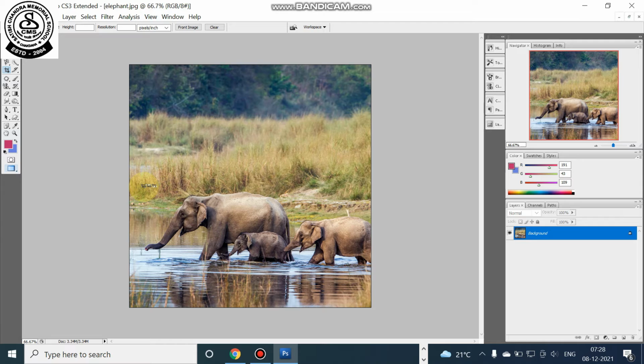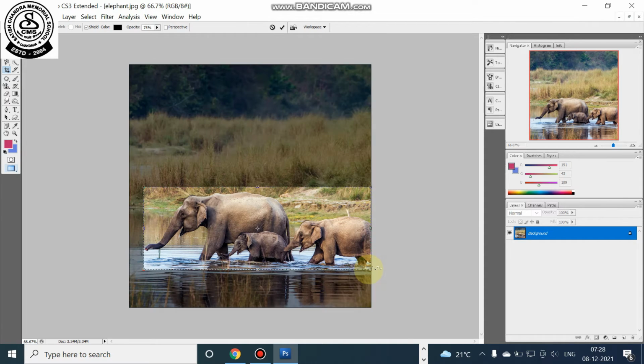Now you just press the left mouse button and keep pressing it and drag your mouse. Then you select the particular part and release the mouse, and you can see the particular part of the picture or image is selected.